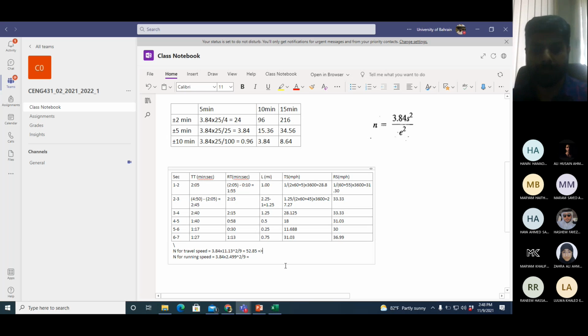You can take 53. You should take 53. Second one. How much is this value, on the basis of running speed? 2.66. Okay. Equal to.